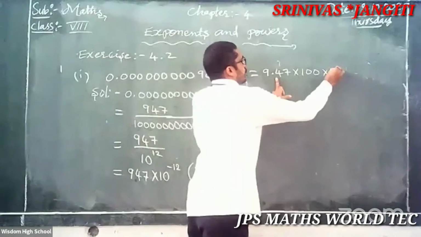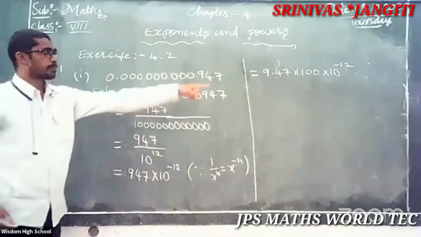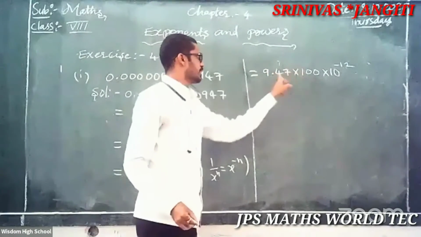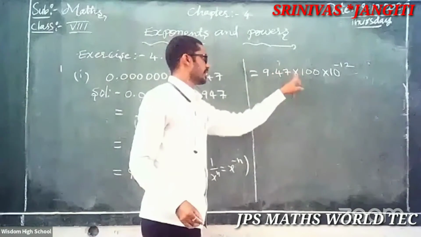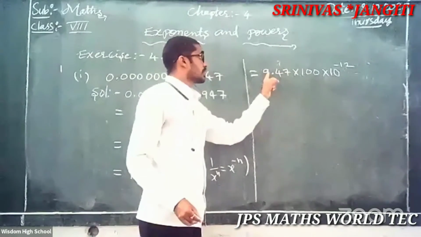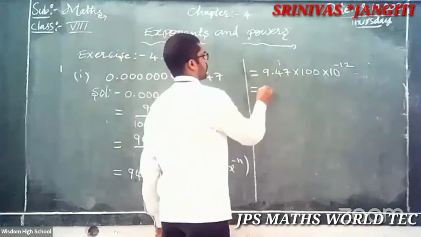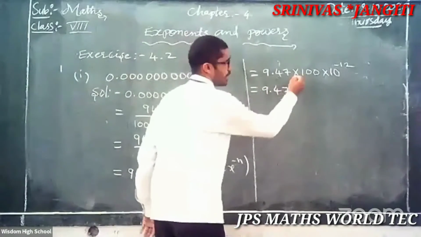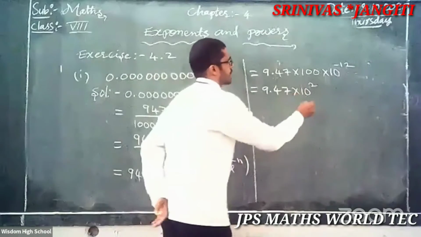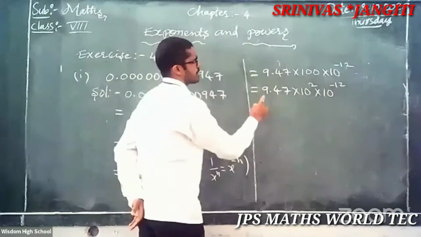And we know 10 to the power of minus 12 is here. What is here? For point purpose, into 100. The decimals you will know. Then here, into 100 meaning is what? The point moves one place and another one, a 0 comes. So 947 or 9.47 into 100, both are the same. Then that is equal to 9.47 into 100. We can also write 10 square into 10 to the power of minus 12.